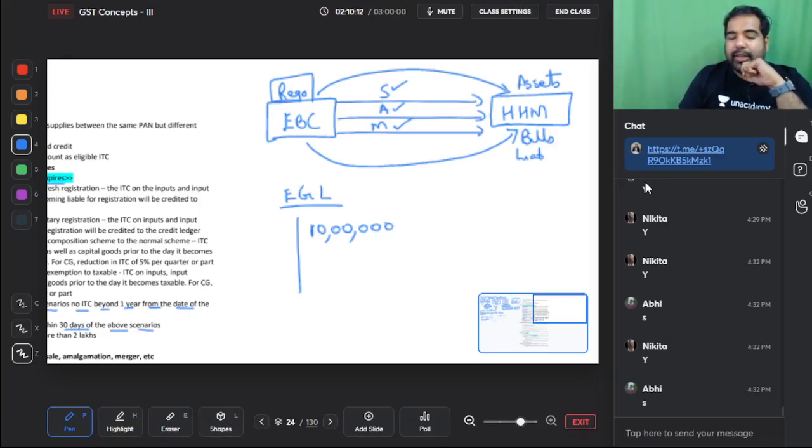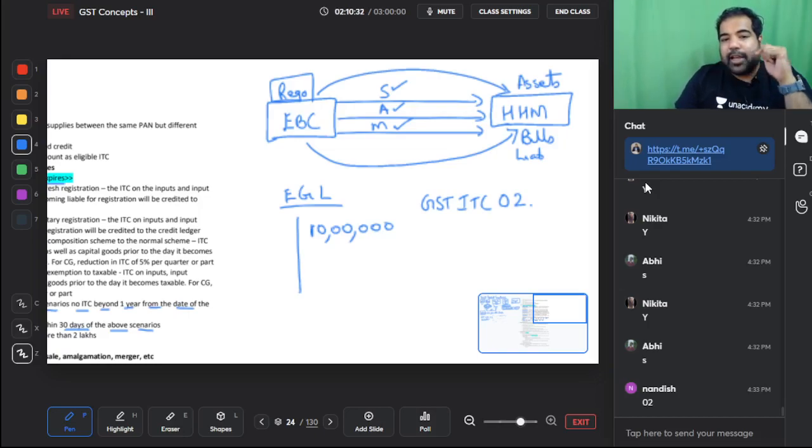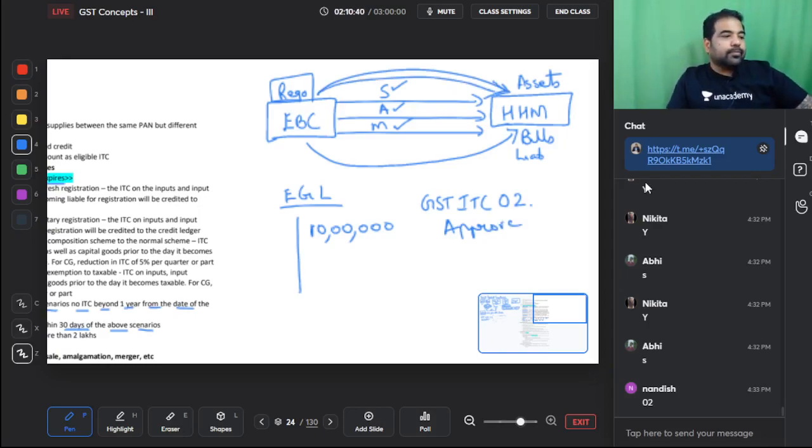That is section 18.3. In case of sale, 3 things: sale, amalgamation, merger. The credit will go to the next entity, yes. But now, guys, what form do you need to fill? How do you tell the government? You have to fill GST ITC 02. Excellent. Because why? One entity is sending it to another entity, and the other entity has to approve that form. Only then will this transfer happen. So the next entity will get the credit and they can pay the bills.